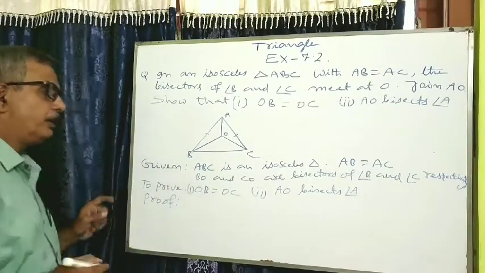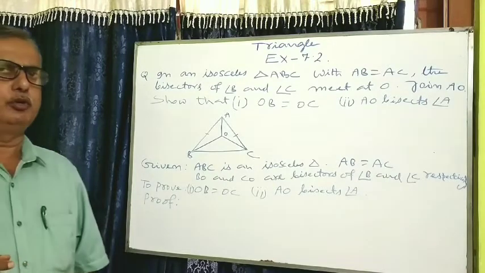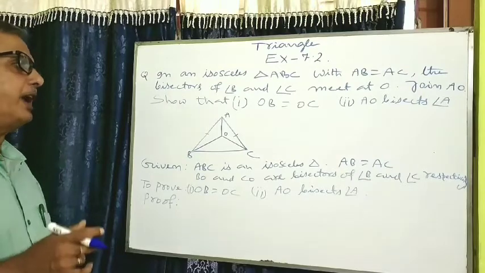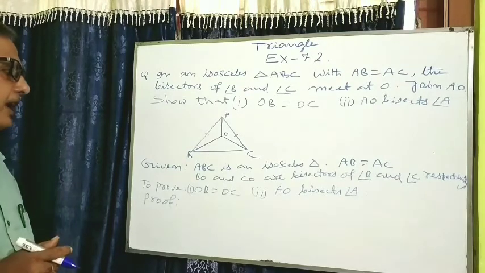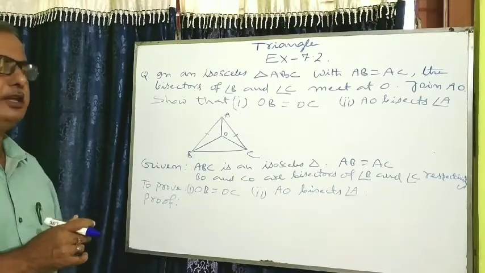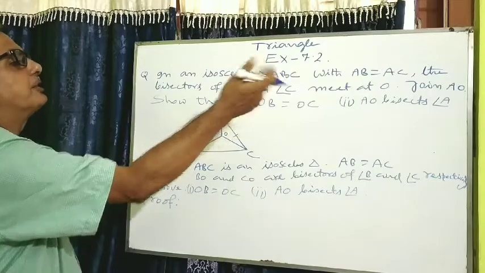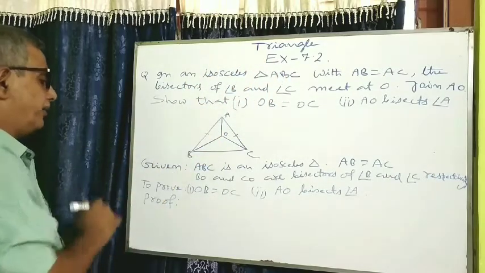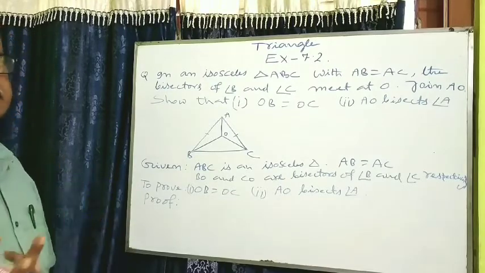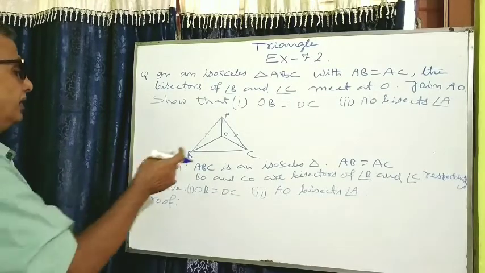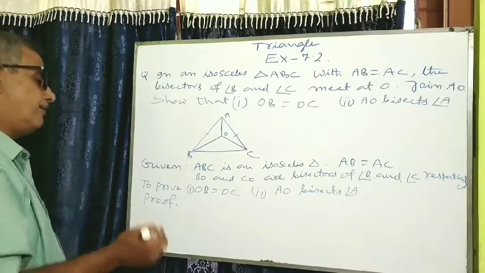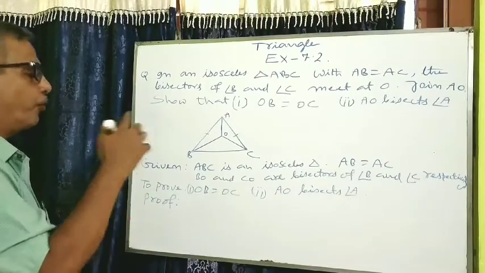Remember, once again I am telling you, whenever you are going to prove some theorems or some questions, first of all a diagram is required. After the diagram, either you have to write let or given. Here I have written given because already ABC etc. are given. And then to prove. After to prove, construction is also required sometimes. Here construction is not required in this figure, so I have not written construction. After that, the final step, that is proof.